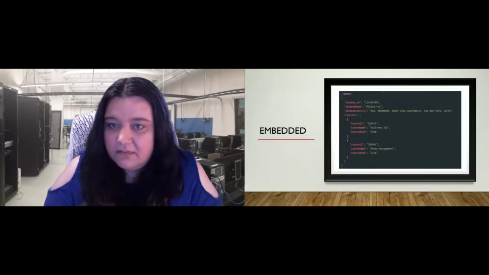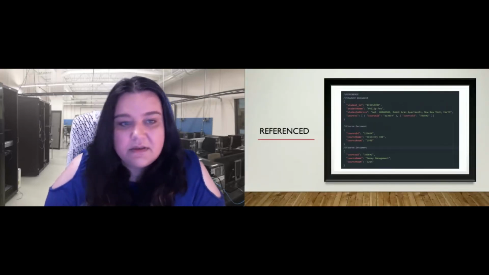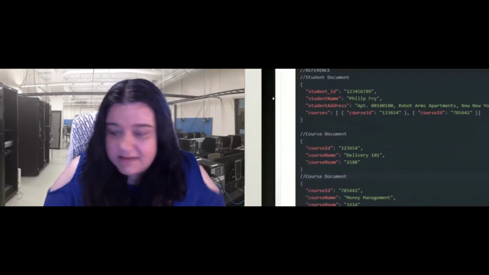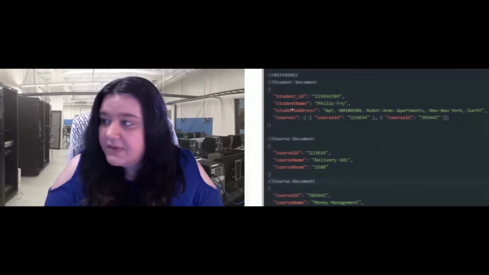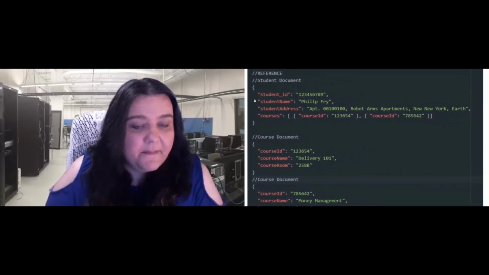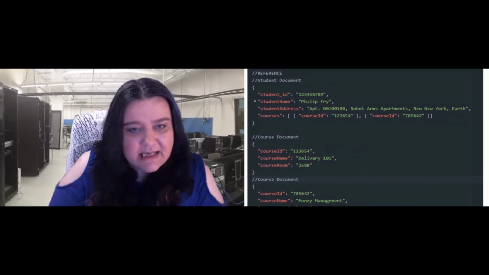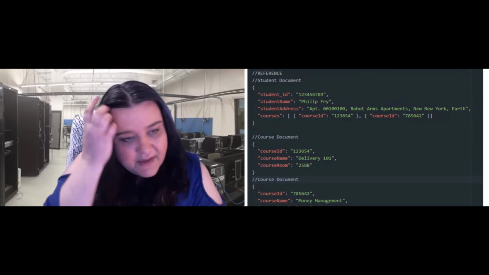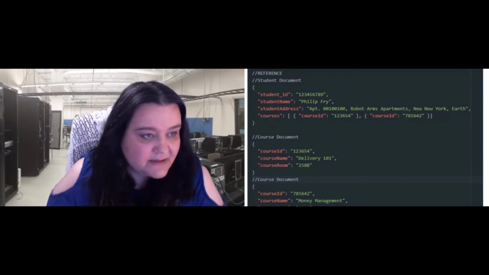Zoom out here. So if we were to reference this instead, drag this over here a little bit, you can see that these are now included in the same file just for viewing. They could be in separate files, obviously.